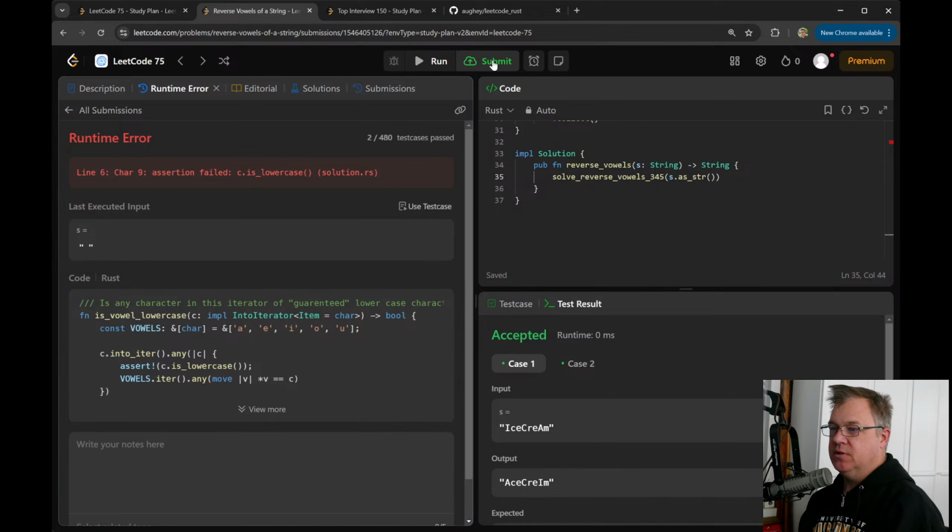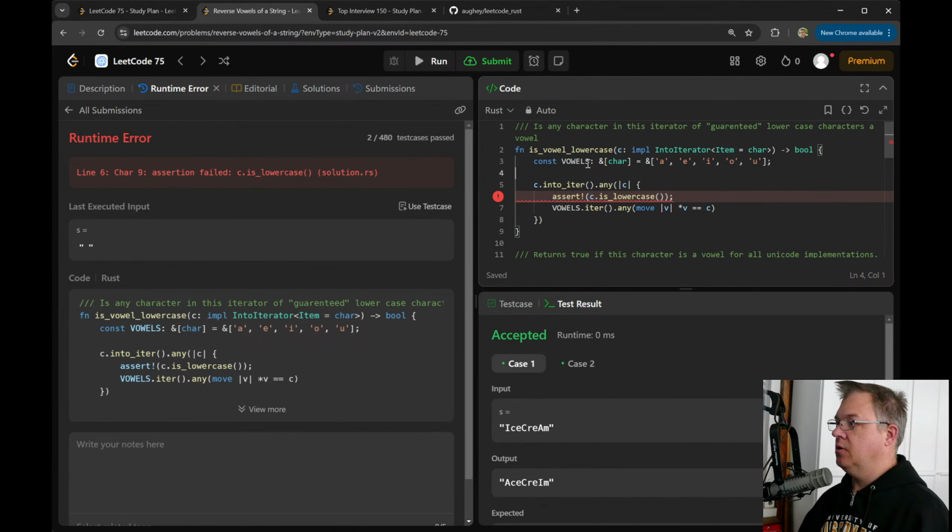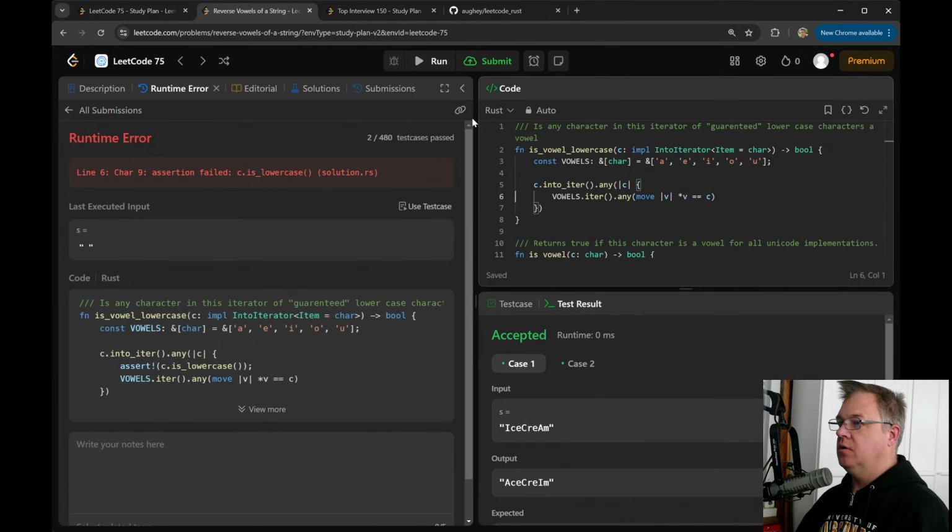Assertion failed. c is lowercase. What? Oh, a space. Okay, so that's interesting. Okay, we can just take that assert out. Oh, that was interesting.